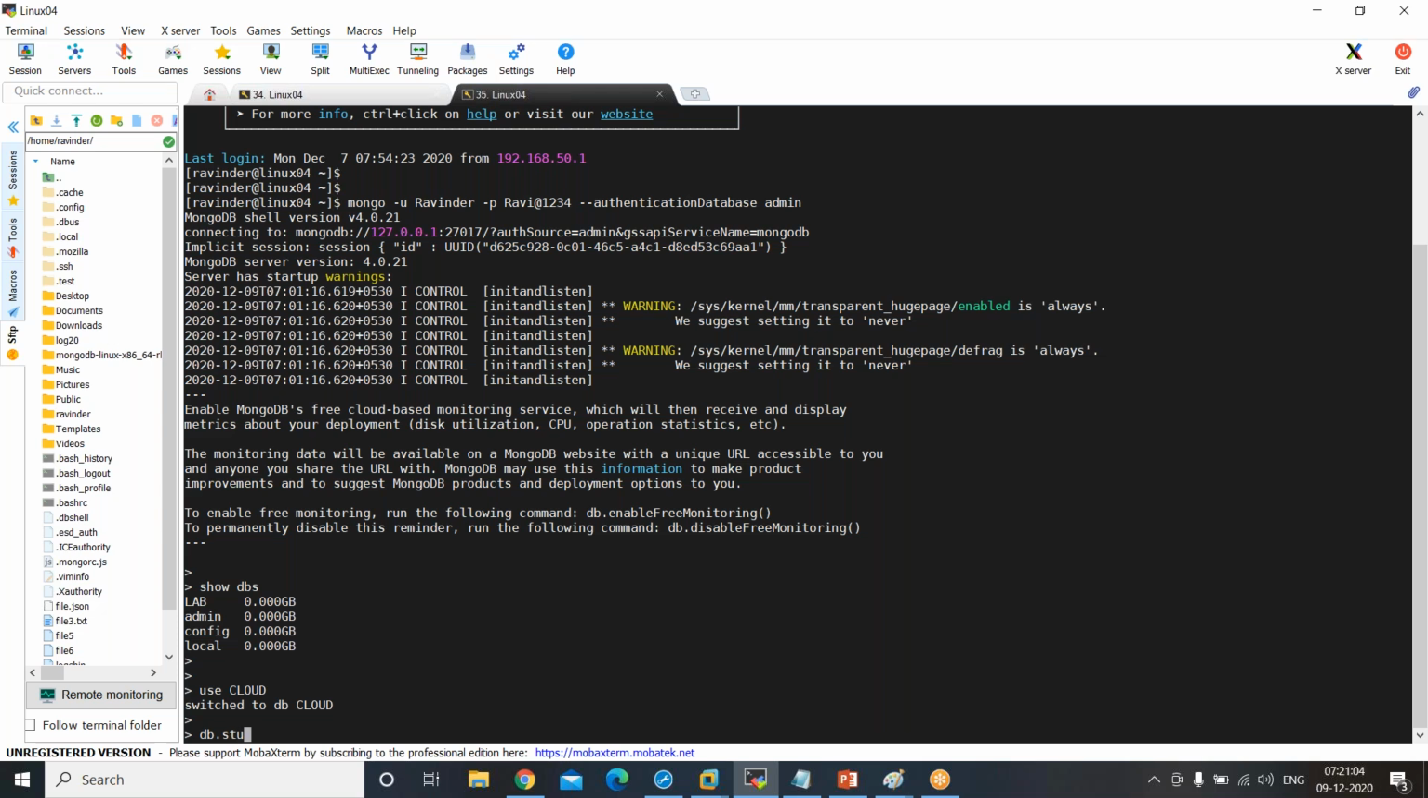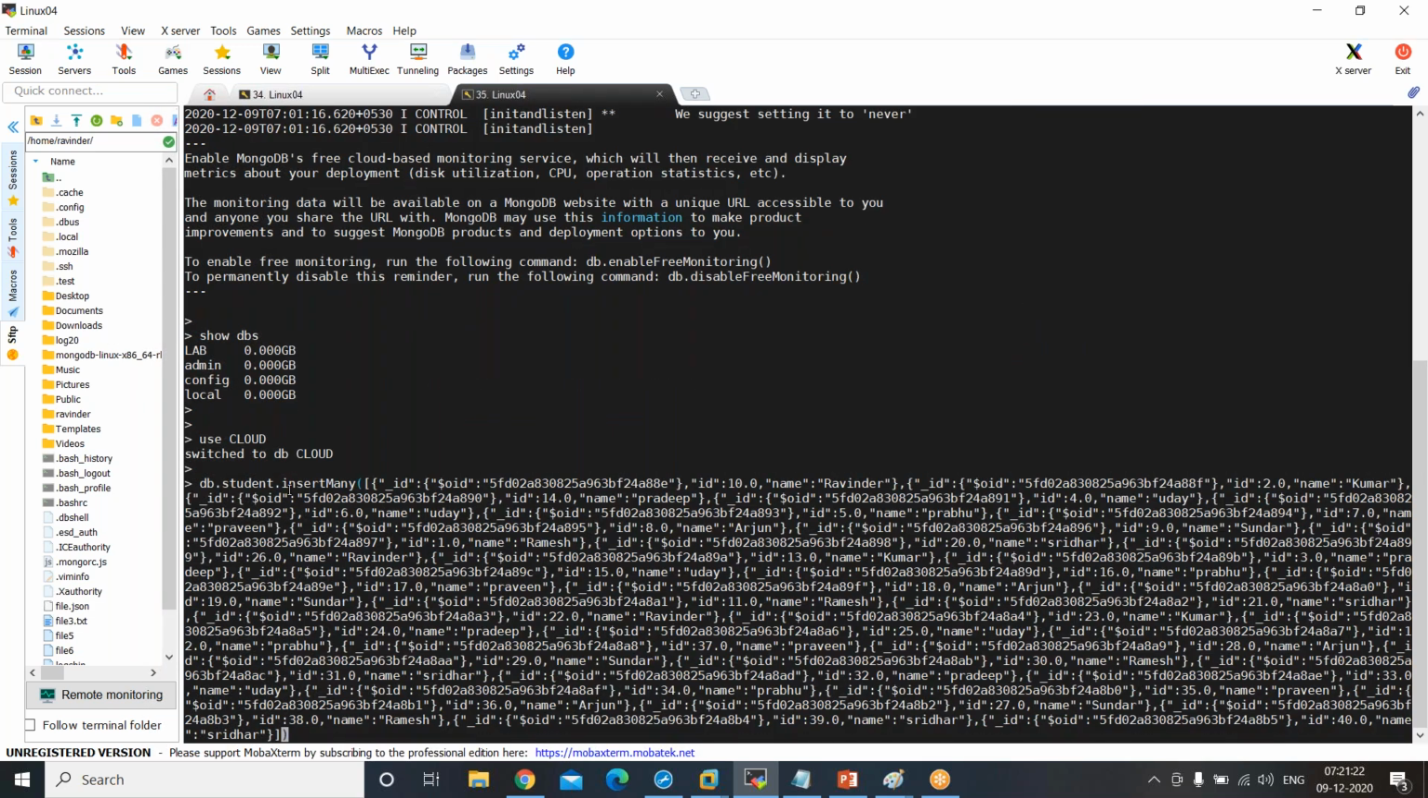Student maybe, just a collection name. Insert many, and then what you have to do, give the parenthesis within this. Within this you paste this one, which one we got from that. That's it. db.student.insertMany, and it is coming in the array. If I give it this one,